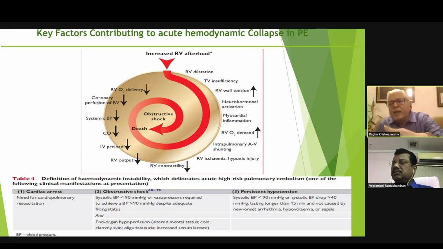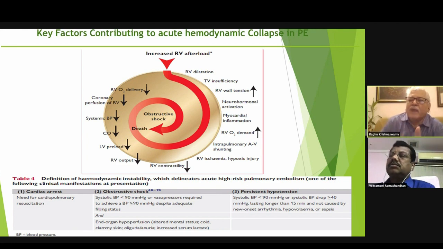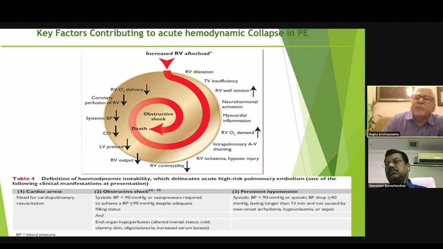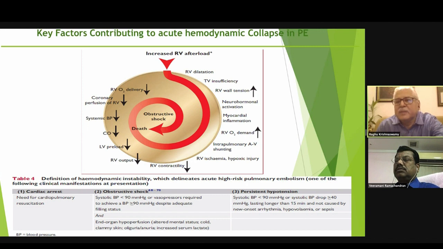But in many cases, you can only rule out pulmonary embolism by a D-dimer. If you have a negative D-dimer, it has a very high value. In fact, there are trials of D-dimer which have shown in more than 4,000 patients that if the D-dimer is negative, during follow-up, less than 3% of the patients present with pulmonary embolism again. Whereas a positive D-dimer doesn't have much predictive value. It only alerts you for the need to go in for the next step of investigation, which is a CT pulmonary angiogram. So a normal echocardiogram does not rule out pulmonary embolism.